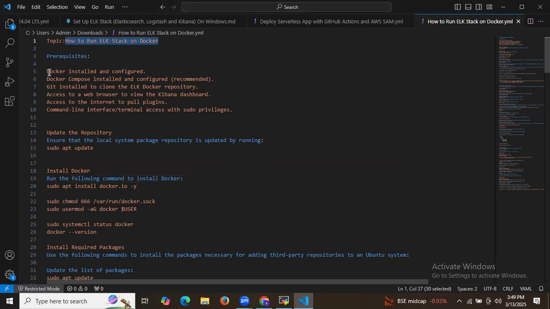First of all, we need Docker install and configure. We need Docker Compose install and configure. We need to install Git and clone the ELK Docker repository. We need to access the web browser to view the Kibana dashboard. Then we need to access the internet to pull plugins, and we need the command line interface